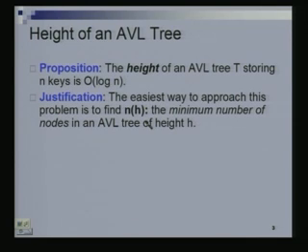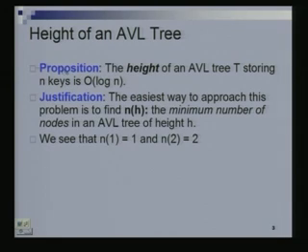So given an AVL tree of height h, we want to find out the smallest number of nodes it has. Can it have only h nodes? Then we will be in trouble. We want to say it has many more nodes. If you recall, a binary search tree of height h can have only h plus 1 nodes, like this example that I showed you, which was a path. But a good tree, like a complete binary tree of height h, will have 2 to the h nodes. So what we would really like is that our AVL tree of height h have a large number of nodes, not just h, but more like 2 to the h. And that's what we are going to prove.